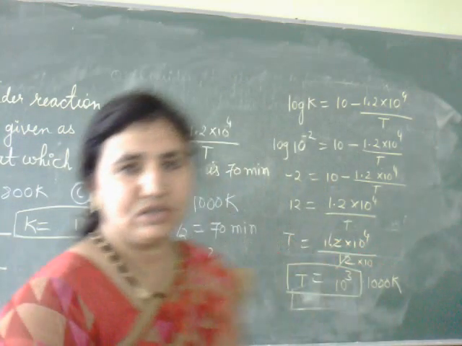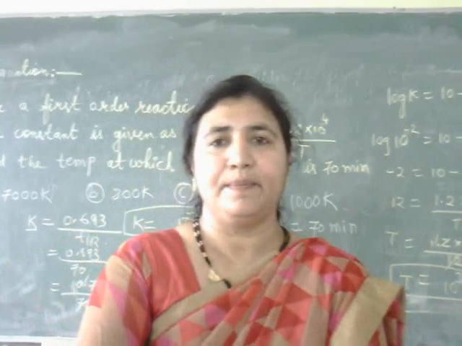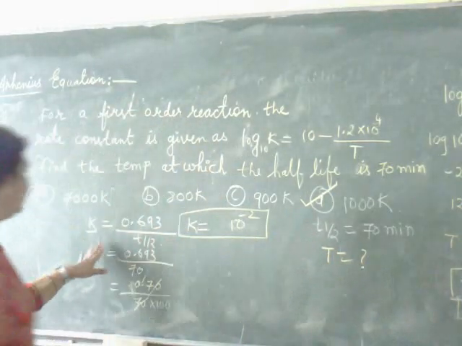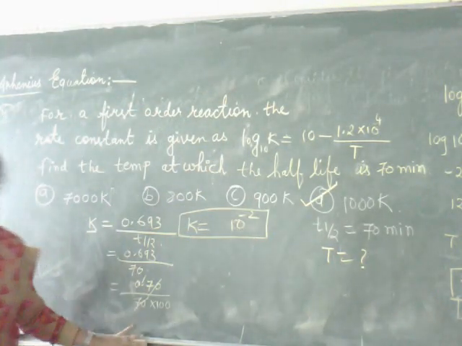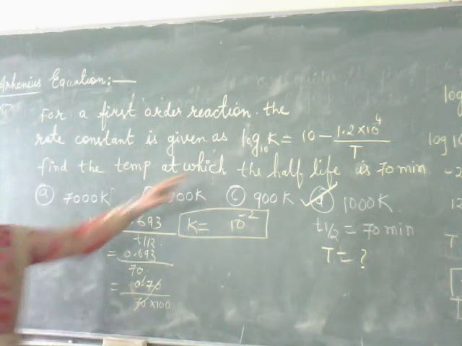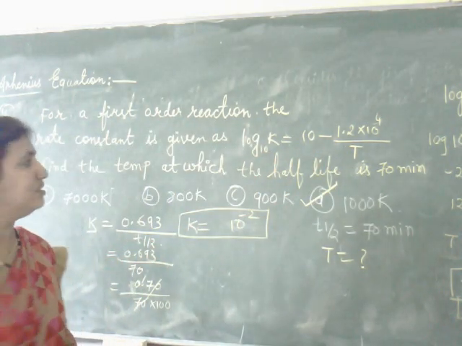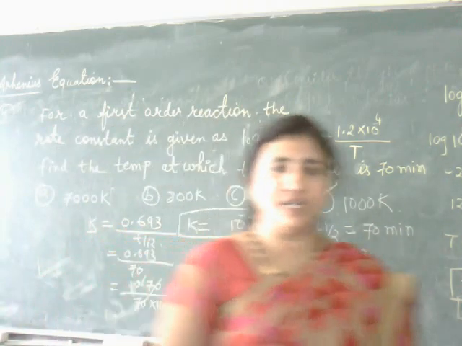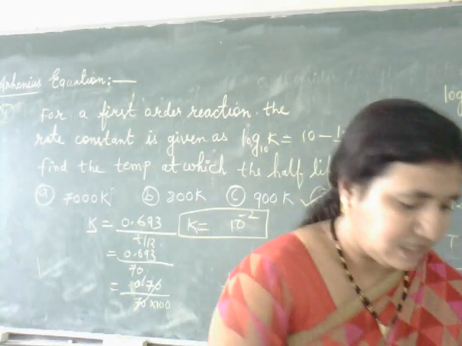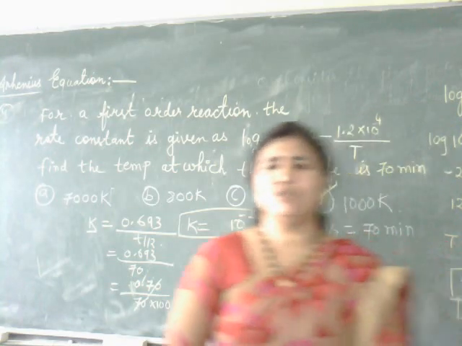Okay. So like this you should solve it. They have not given the rate constant value directly. They have given what? Half-life period. By using that half-life period we should first find out the rate constant, and that rate constant value just put in this equation and you can solve it. You will get the answer for the temperature. Temperature they have asked. So like this they can ask questions based on the Arrhenius equation. In competitive exams they will ask these kinds of questions. Not in theory, in theory they will ask direct questions. How they can ask, I will solve in the next video.